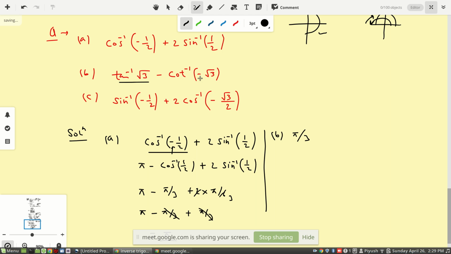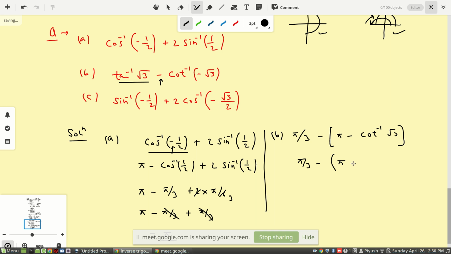Now here it is negative, and it is a cot. So cot is coming in this region, these three. When it's in these three, you have to say pi minus and remove the negative. So this negative will stay, and this is pi minus cot inverse root 3. And the moment you have this, then you put the value and get the answer: pi by 3 minus pi. Be careful with the bracket,